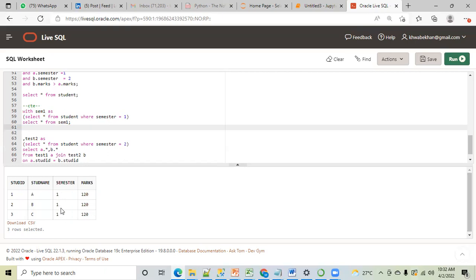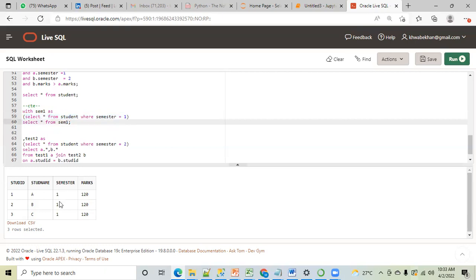Because first of all, you have not given any table of SEM2. Second, you wrote SEM1, and the where clause you put is semester is equal to 1. Perfect, perfect. Because I have written, I want to fetch only semester 1 data. This query will give me the data of semester 1 only. And the output of this query I am passing in this SEM1 table. And then I'm fetching the record from the SEM1 table. So of course this will give me semester 1 only. Okay. Now.